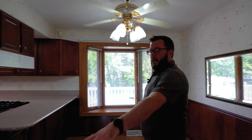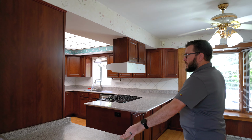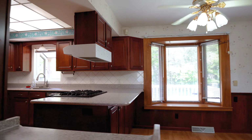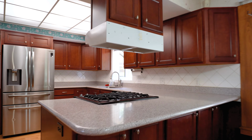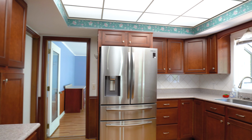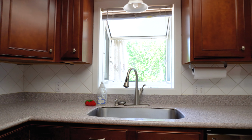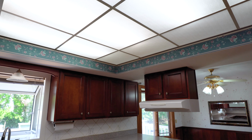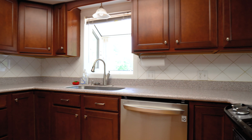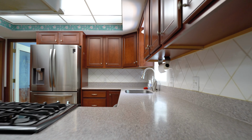This table here is movable, so they did a lot of food prep, so this particular table can move around. You can get it out of the way. Nice hard surface countertops, tile backsplash, newer stainless steel appliances, and there's a really cool window here looking out the back. You can see the bird feeder right out the back. Look at all these cabinets. I mean, you could have a ton of storage, you know, cooking goods, you name it, groceries, lots and lots